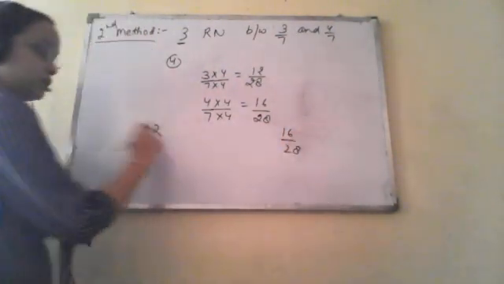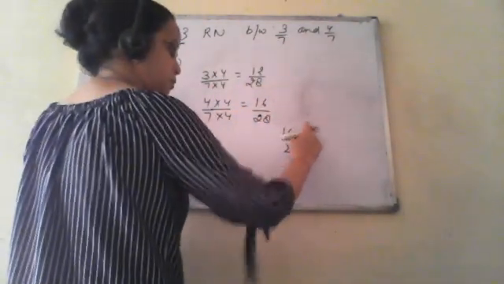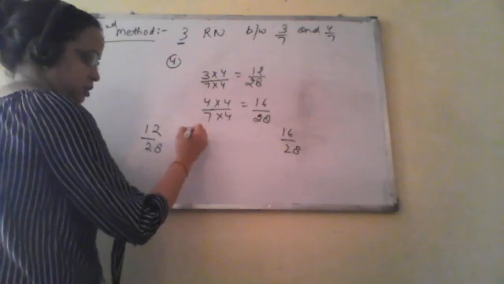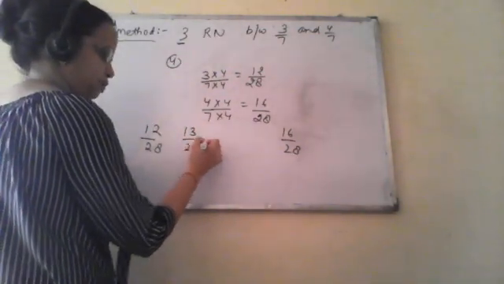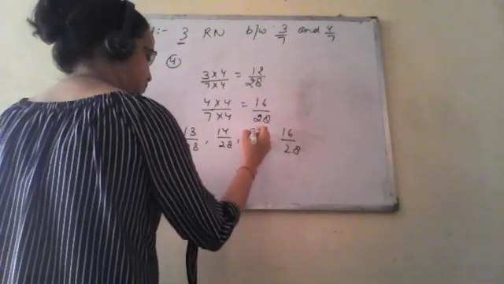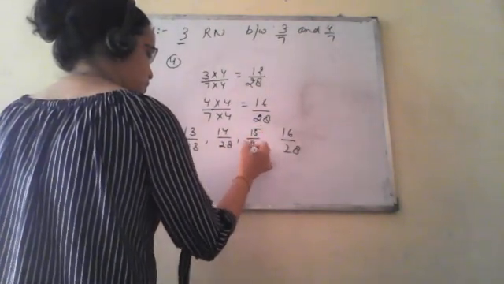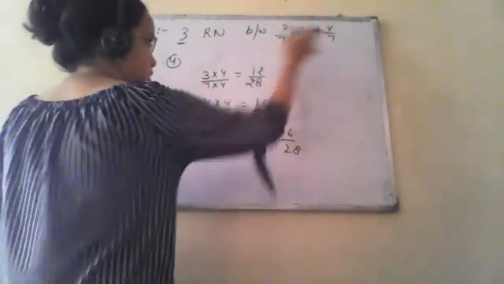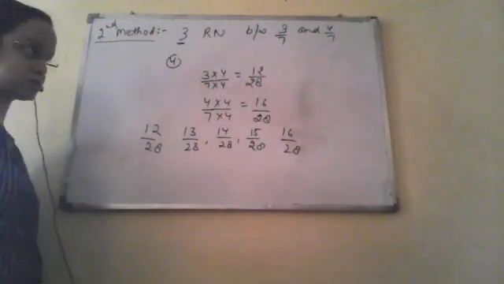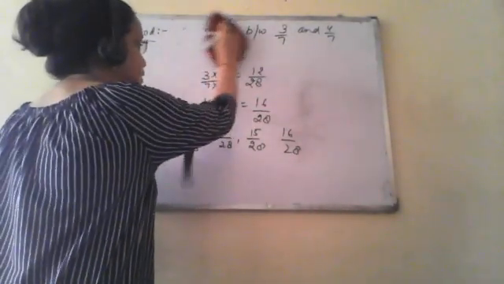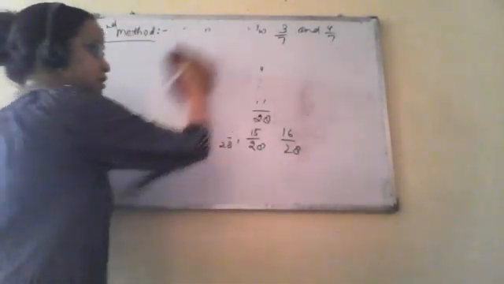So this is nothing but 3 upon 7 and this is nothing but 4 upon 7. So we will just change the numerator. So the numbers are 13 upon 28, 14 upon 28 and 15 upon 28. So these will lie between 3 upon 7 and 4 upon 7. So this was the case. I hope this is clear.